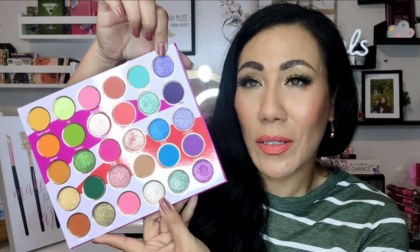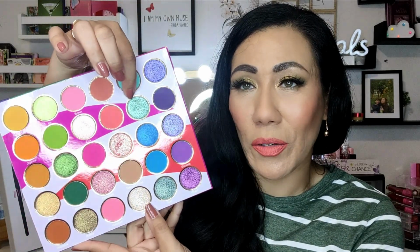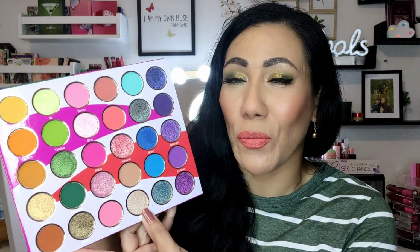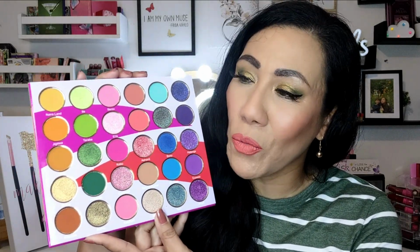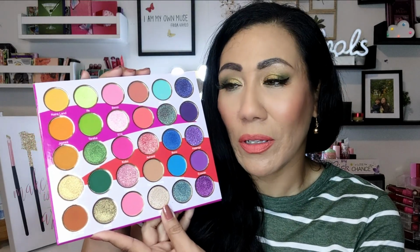There's a couple of duochromes, like this one right here is a duochrome. This is kind of shifty. I think this one is as well. You can kind of see that shift there. There are some shimmers, there are some metallics, there are a few pressed glitters in here. The pressed glitters is one of the reasons why it ranked kind of on the bottom. But the main reason this palette ended up being number 10 on the bottom of the list is it just